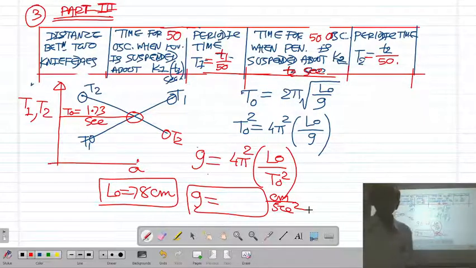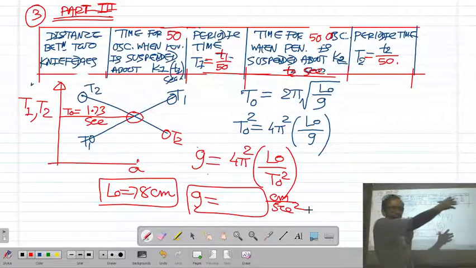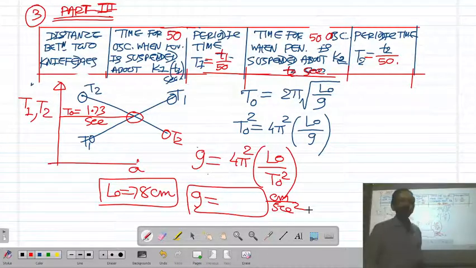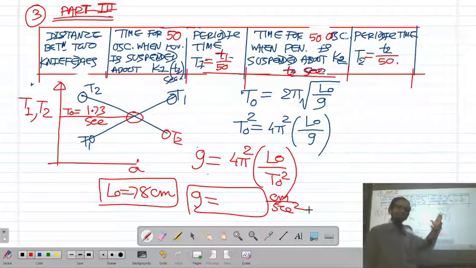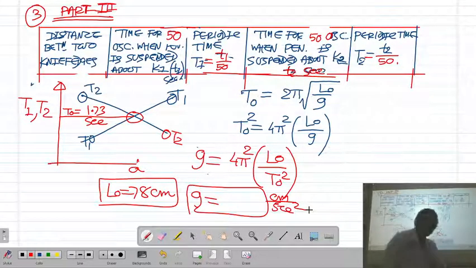So today we have discussed the experiment to find the acceleration due to gravity, small g, by Kater's pendulum, but with movable knife edges. We have kept the distance between two bobs fixed, and we have moved the knife edges. We changed the distance between two knife edges, measured periods T1 and T2, and calculated the value of g from Bessel's formula and from the equation of simple pendulum. Thank you so much. So this is the end of this experiment.